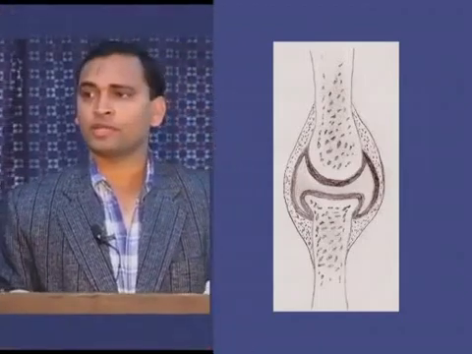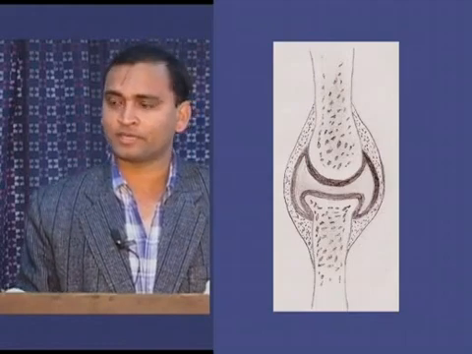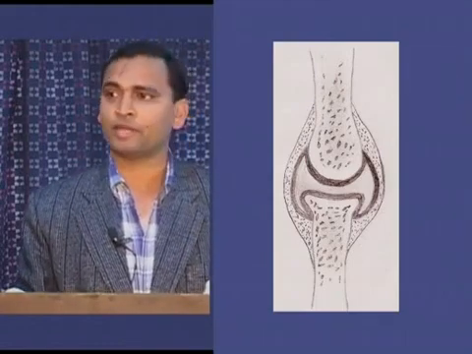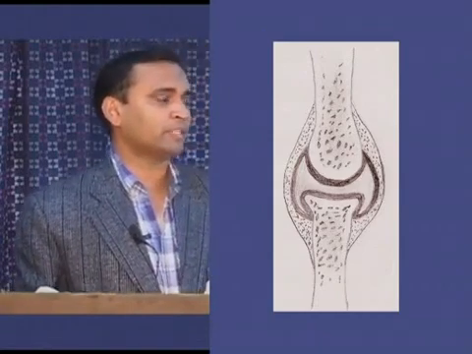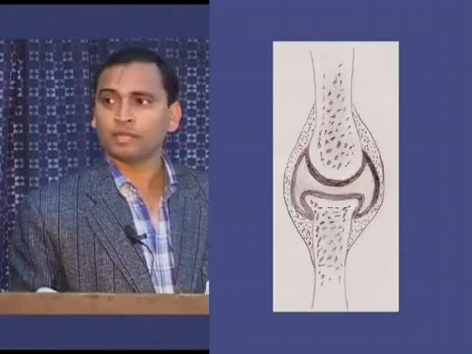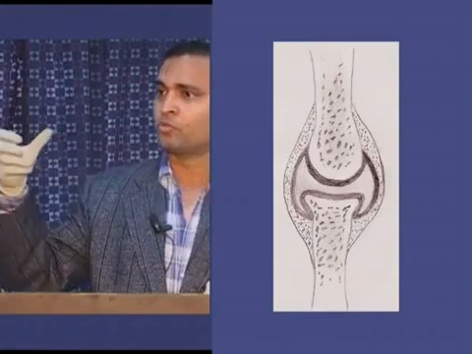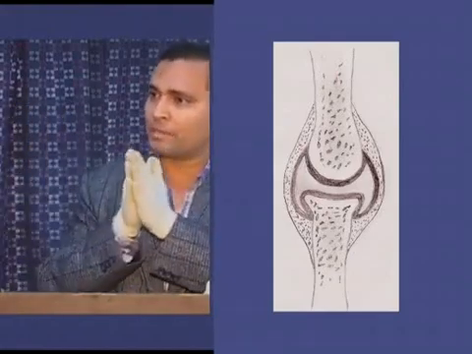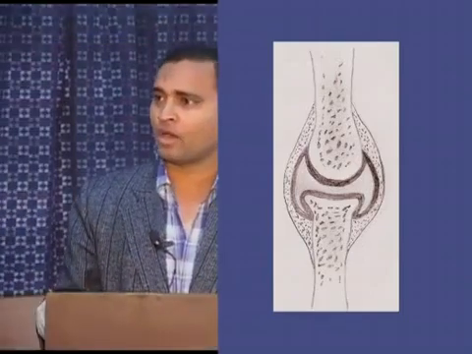Now come to the real joint, the synovial joint, and this is the most important joint for a physical trainer. We all use this joint for different athletic activities. It is a joint in which two bones are separated by a space called a joint cavity. In previous joints we have seen there is no space between two bones. Both bones are closely attached either by means of fibers or by means of cartilage. There is some mobility or no mobility. But a synovial joint is a joint where you have all the mobility, a proper gap between the joint.